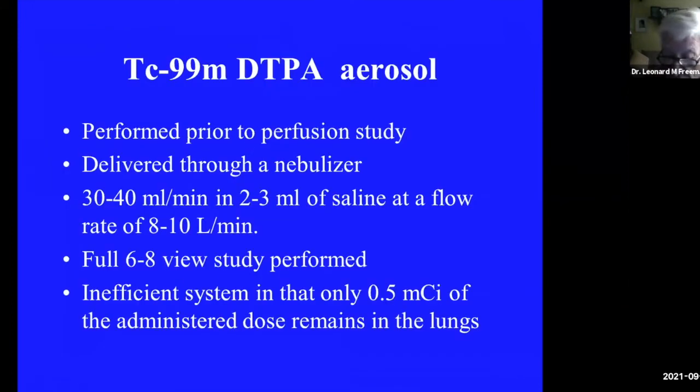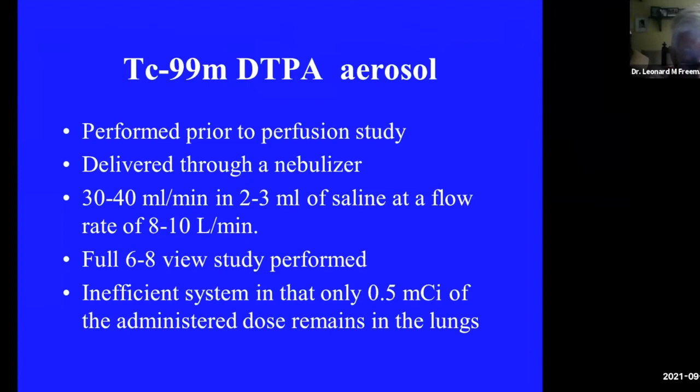DTPA aerosol is what we have used for a good portion of the time. This is taking a technetium compound. This is actually a kidney agent, DTPA, but we use it as an aerosol. And we have the patient breathe it in. And only a very tiny amount gets into the lung. So you can see on the bottom, inefficient system, and only a half a millicurie of the administered dose remains